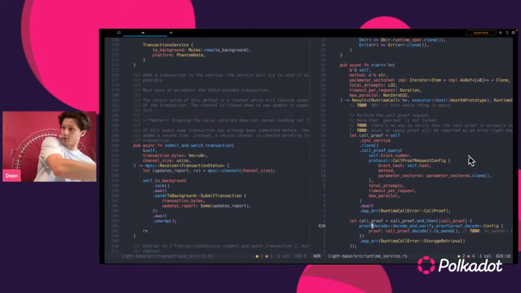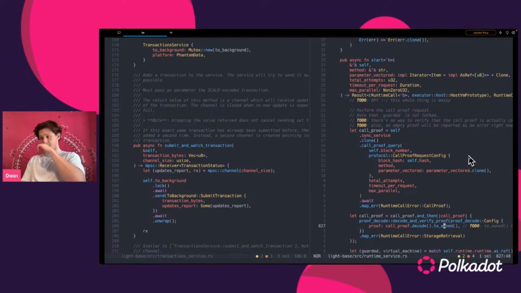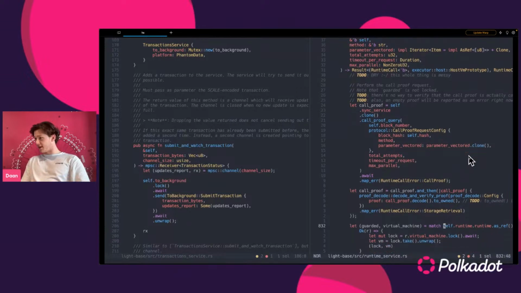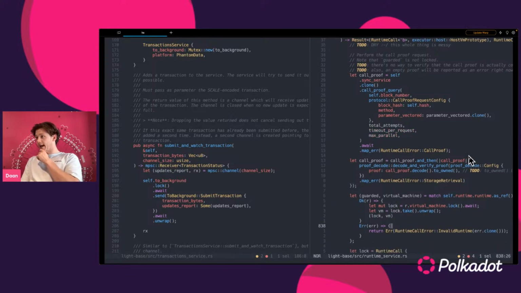networking service, and then the networking service will receive it from a connection and send it back to the synchronization service, and the synchronization service will send it back here too, and it ends up in the call proof. What we then do is decode this information and verify the proof. I'm not going into this because that's a lot, but definitely check it out if you're going through the code yourself. And so the call proof,